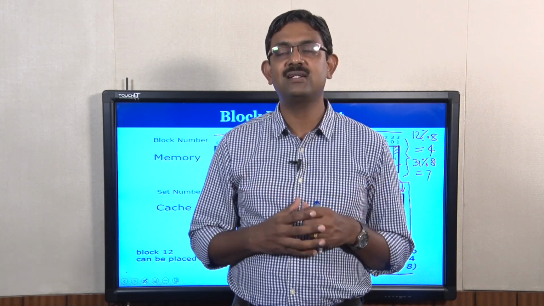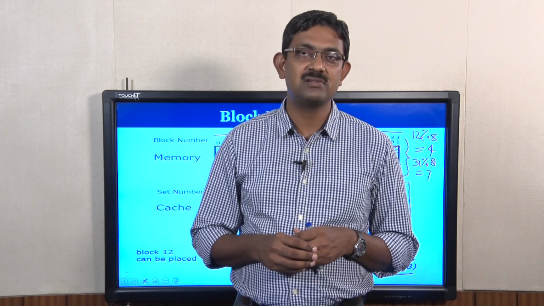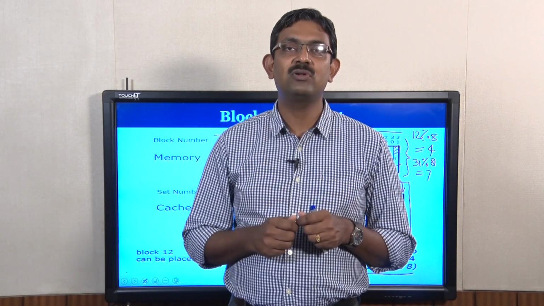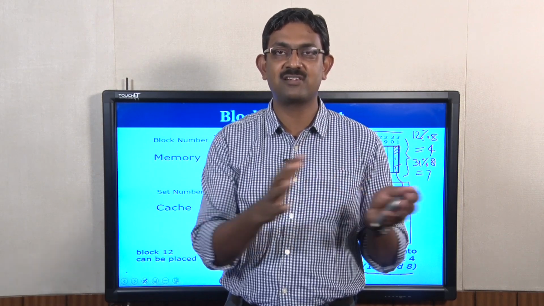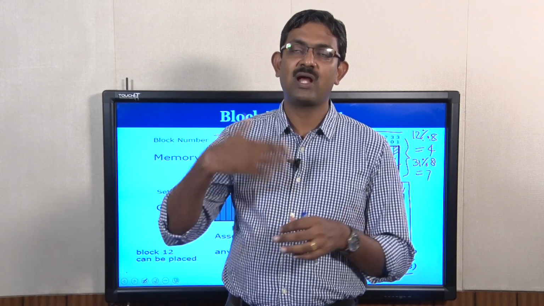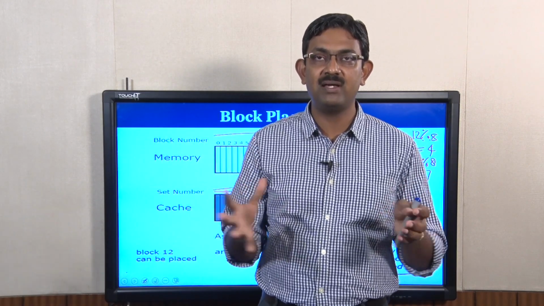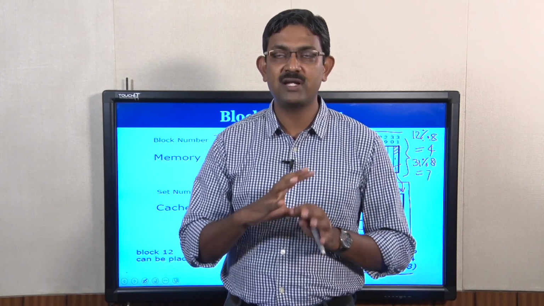Now think of a case where, once you move up to the higher semesters, the same notebook may be used for 2 subjects. One, let us say data structures, you write from the front, and the other course, databases, you write from the other side. So for both data structures and databases, the same notebook is being used. That is called a two-way associative notebook.